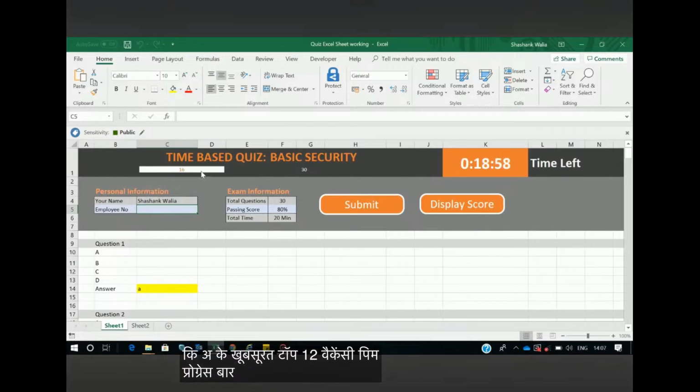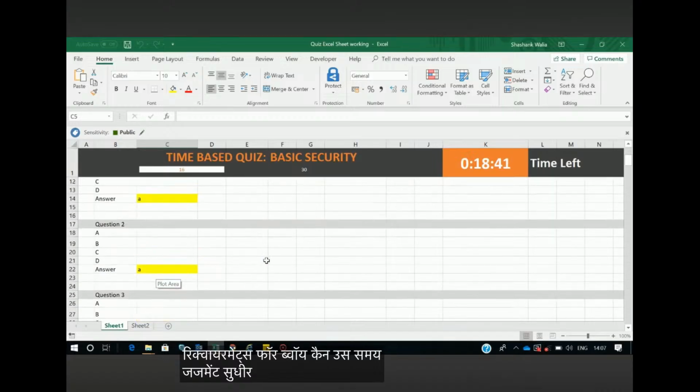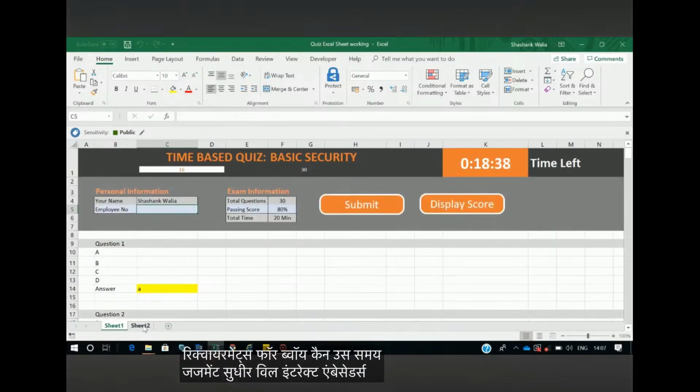You can see there is a progress bar which will show you how many questions you have attempted out of total questions. So total questions I have attempted are 16, right? And total questions in this sheet are 30. You can increase and decrease as per your requirement, but you have to tweak and make some changes in the Excel sheet. So this is the user interface in which the user will interact, and this is the backend data